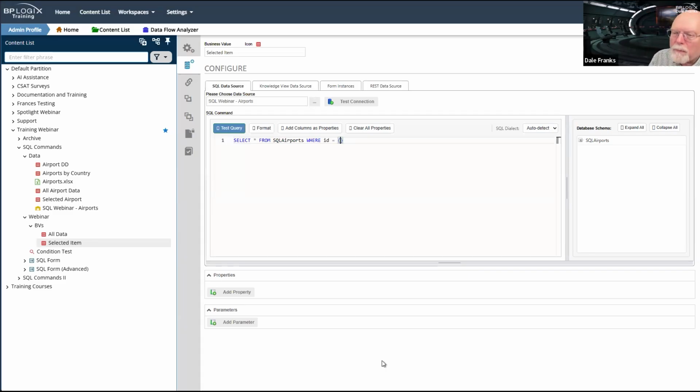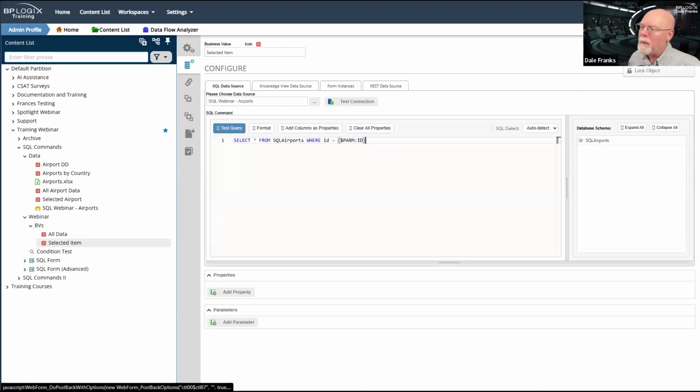First thing we got to do is put the $ sign in there. That is our SQL encoding character to ensure that whatever value gets passed with that parameter, and however that parameter gets passed, it is going to be rendered SQL safe so that we can't have any sort of weird SQL injection attack onto our SQL server. And it is a parameter, so I'm just going to do parm, and I'm just going to call it ID. And so now I have a parameter that I'm going to pass. I'm just going to go ahead and hit update.